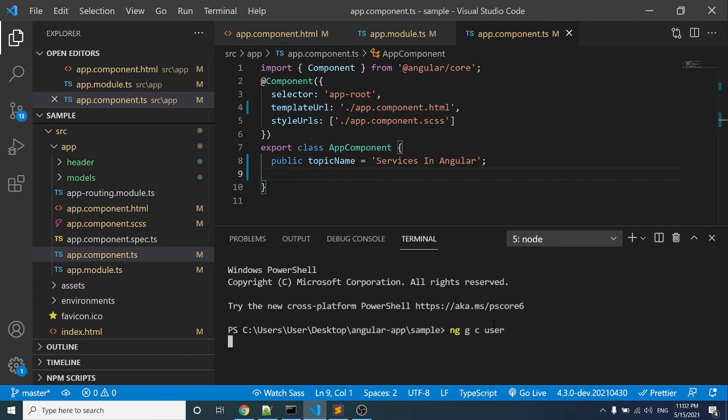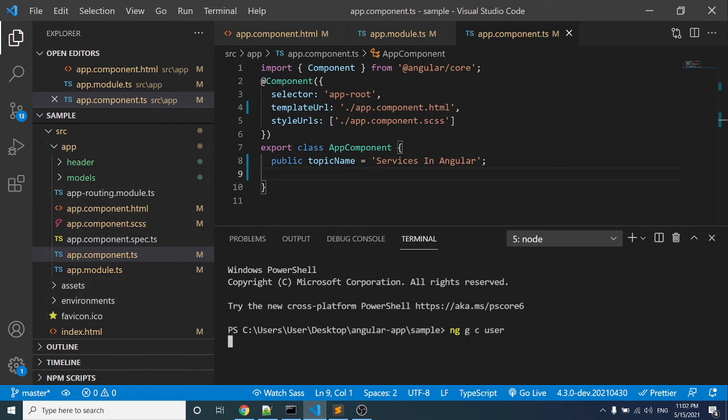In this user component, we will be displaying the usernames, and we will create one more component for the user details. In that component, we will be displaying the username along with his details. This command will help us create the component inside the app folder.